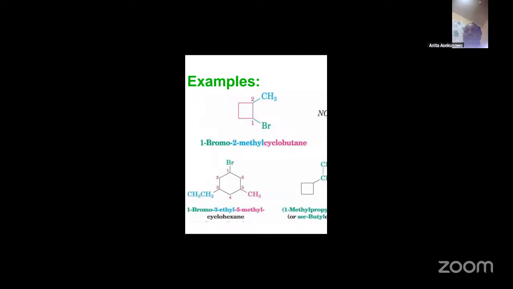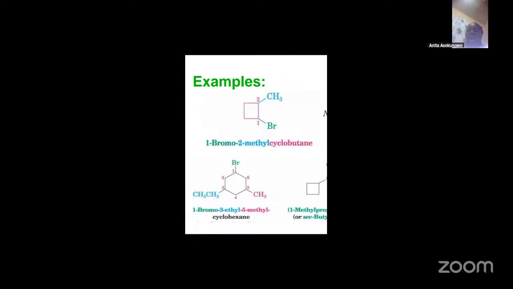If you look at the ring, it has 4 carbons, making it butane. Because it's in a ring, it becomes cyclobutane. So cyclobutane is a parent compound, and we have substituents, which are bromo and methyl. Now, if I want to start, I can do 1, I can do 2, because both of them